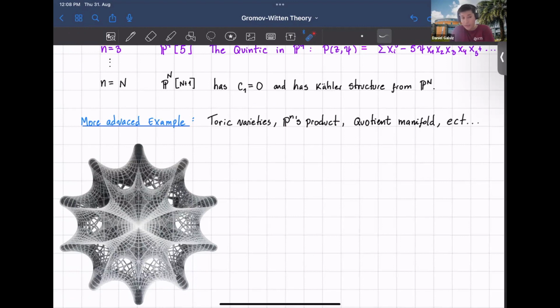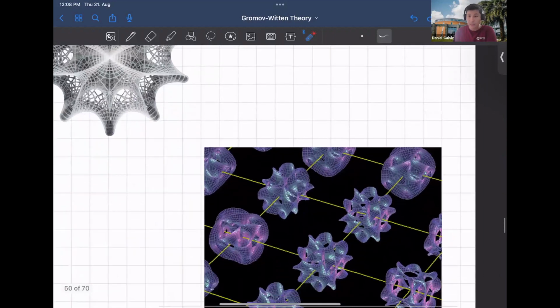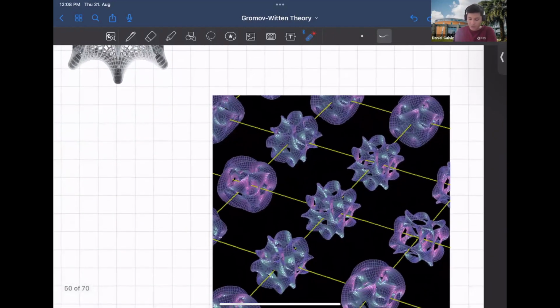It's a threefold Calabi-Yau, or at least, of course, we cannot show a two-dimensional drawing of something that is three complex dimensions, but this is kind of the representation. And then this is how the space-time looks like. This is the vibration. So at each point you put a Calabi-Yau. And then, of course, this Calabi-Yau can deform, can move, and this deformation will be taken into account when we define our Gromov-Witten. And this is why we are defining this, embedding this function f that gives us the push